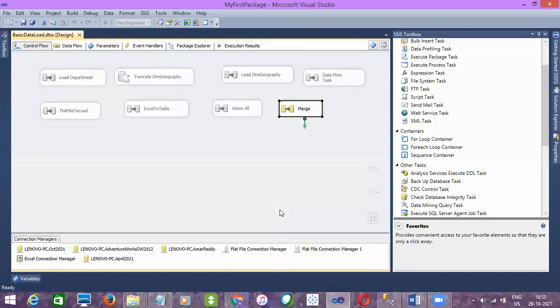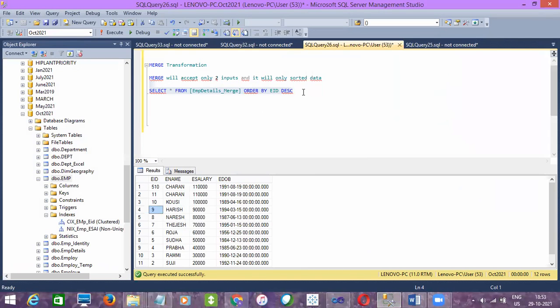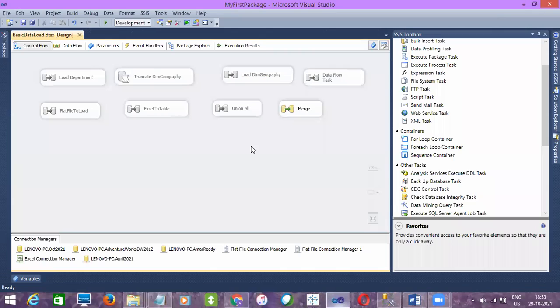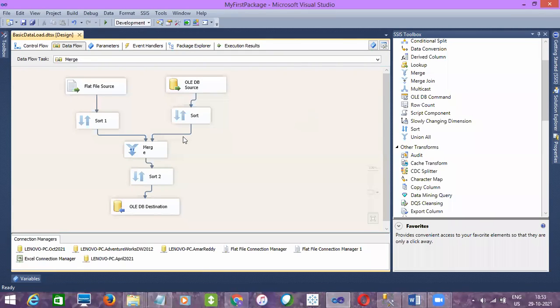Then only you can see the data in sorted order. Or if you want to select data in sorted order, you have to use order by, either ascending or descending. So for merge, it has to accept the sorting, but while inserting into the table, there is no process which will insert the data in a sorted manner.